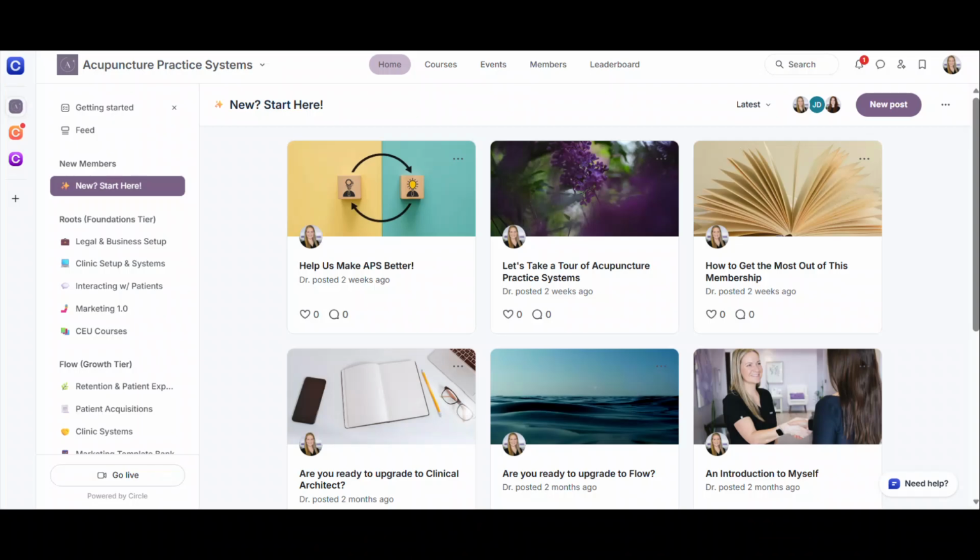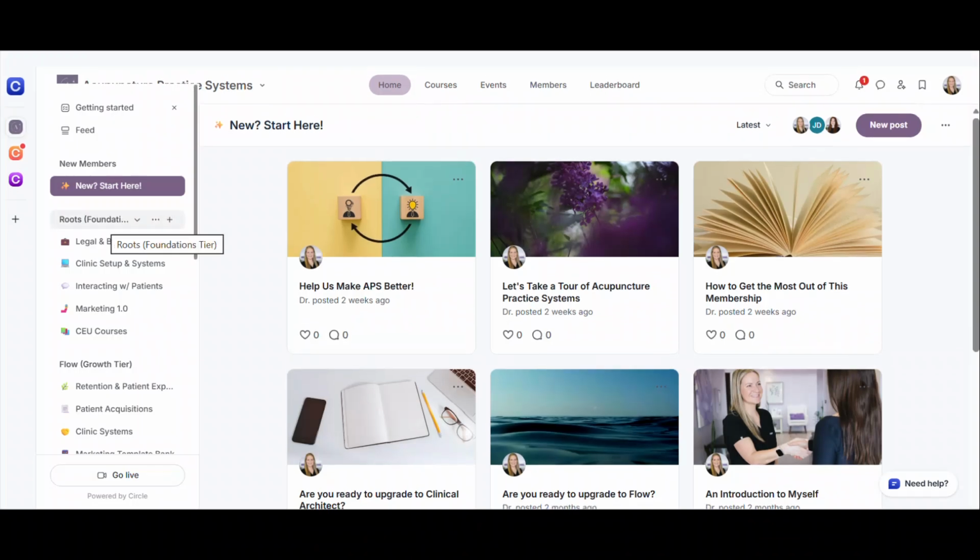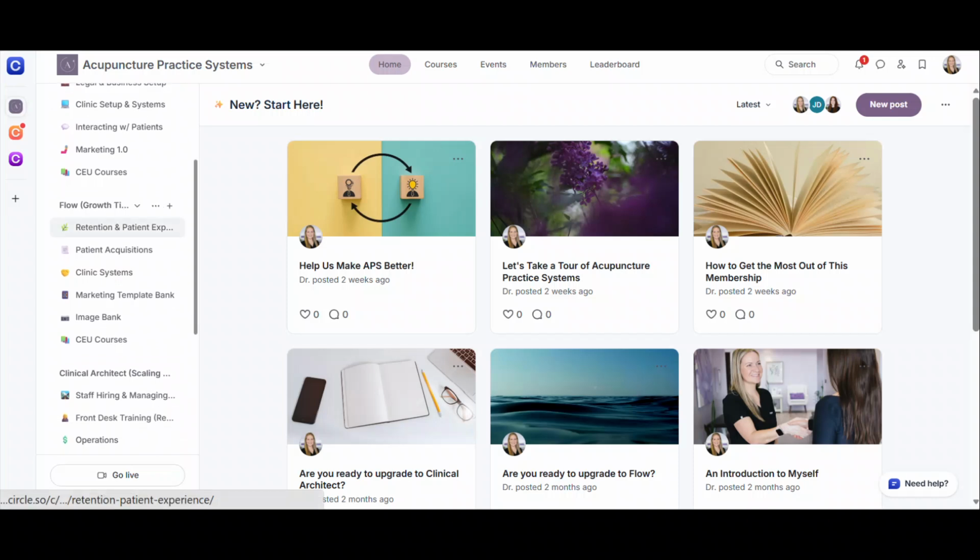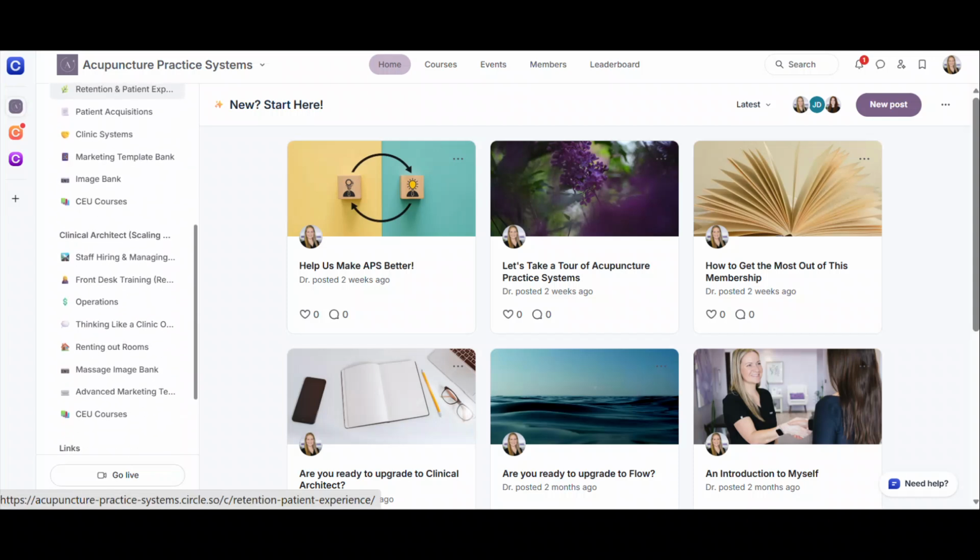So we hope to see you in the membership. This is the end of the quick little tour of what you would have access to. And again, just to reiterate, Roots members have access to Roots, Flow members have access to Roots and Flow, and then Clinical Architect has access to all three tiers. So we are looking forward to having you as a member and enjoy the next